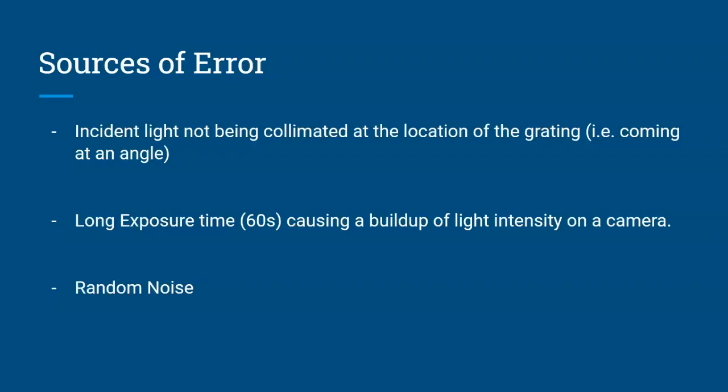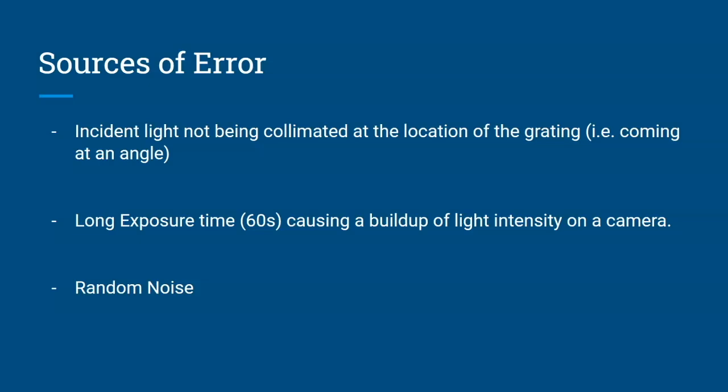So the source of error that we believe this is coming from is the incident light not being collimated at the location of the grating, or at least not perfectly perpendicular. This is important because the diffraction grating separates the light, but the light needs to be coming in perpendicularly to the spectrometer in order for it to give an accurate reading. So we calibrated the spectrometer based on the location of the hydrogen lamp, but if the angle that the collimated light from our measurements is coming in at is slightly different, then it's going to give a slightly different